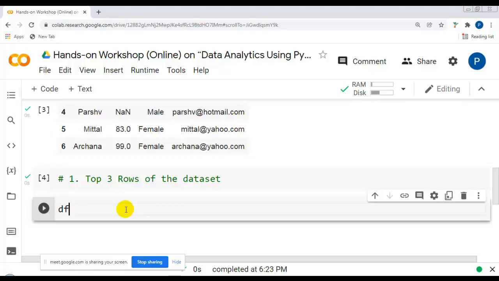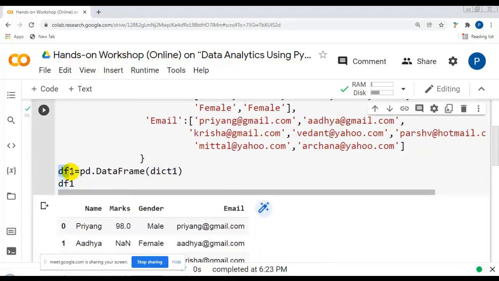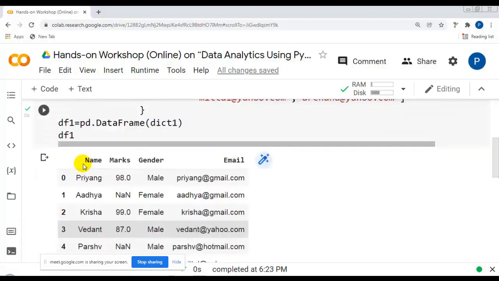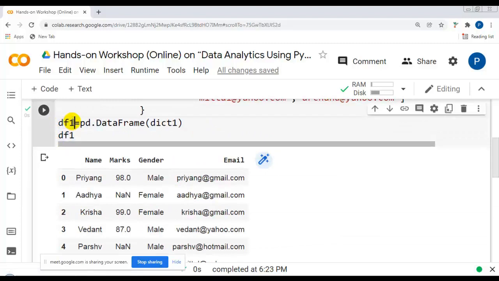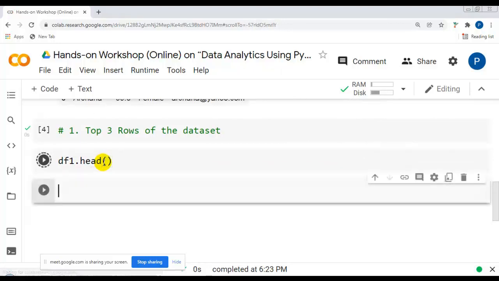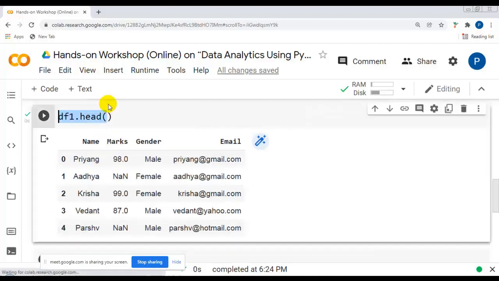First we have to write df1, which is pointing to our data frame. To display the top 3 rows, we have to use the head method of the pandas data frame. Please remember, by default the head method displays the top 5 rows of the data set, but you can pass any integer value.